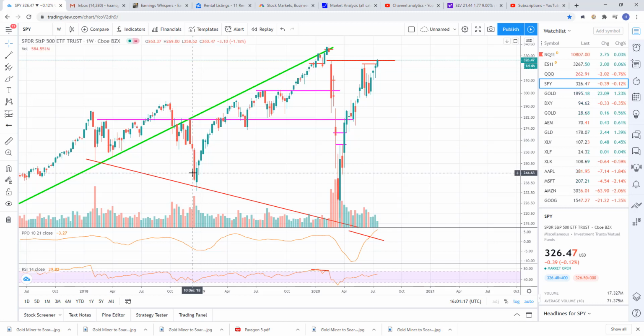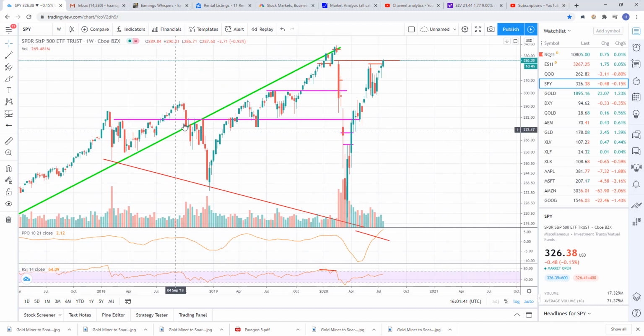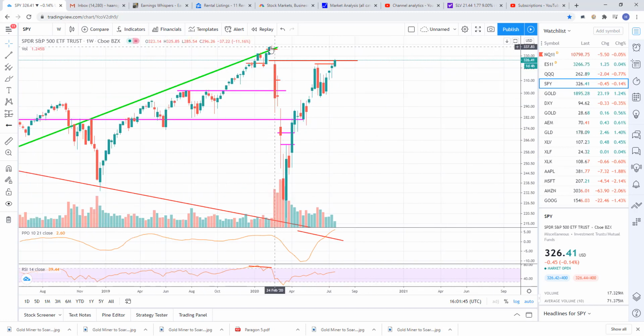And the Fed created a recovery in 2019. This is nothing but the Fed. Corporate earnings were actually falling back here. So this is nothing but multiple expansion, is what they say, but it's basically interest rates being reduced and stimulus being pumped. So this is the Fed. This is the pandemic, the big crash. The reason why I was able to call this top is because of this trend line. It had nothing to do with the pandemic. It had to do with the fact that this was a full back test of that broken support line.